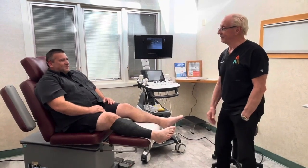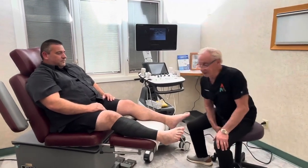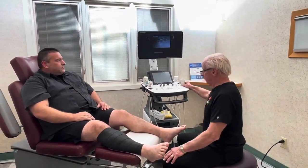Squats have helped him at night to kind of manage the symptoms. And maybe that's why he has really good anatomy on the ultrasound. All right. So what I'm going to do here, we're going to show you